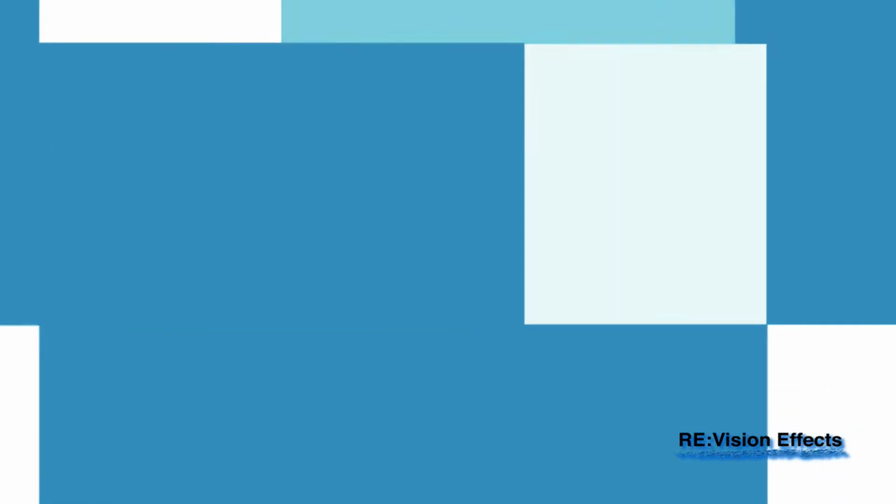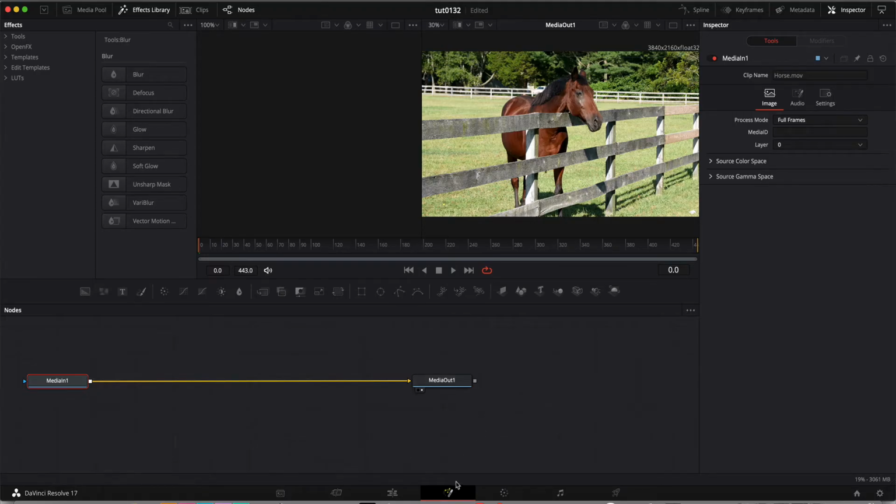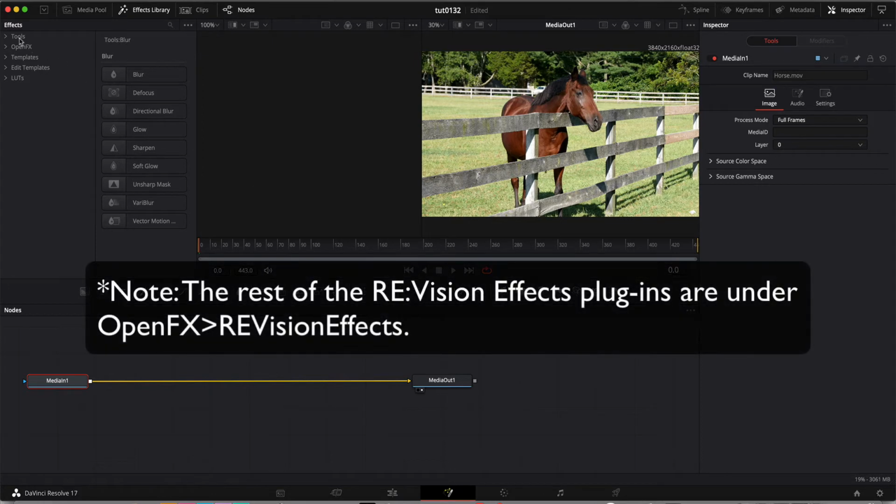In this quick tip tutorial, we'll be using the Fusion page in Resolve. We can start here in the Resolve Fusion page with this horse footage. I can add the Reflex Warp plugin by going to Effects, and in this case, Tools, Reflex Fusion Native, and